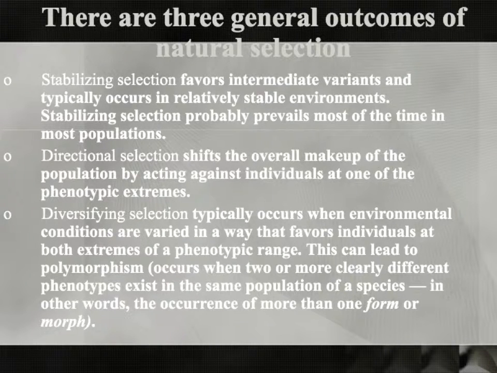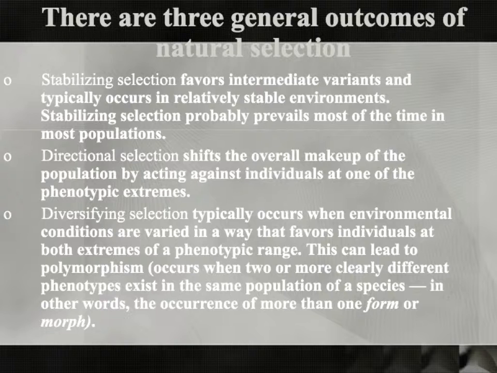Now, there are three general outcomes of natural selection. We have stabilizing selection. This favors intermediate variants and typically occurs in relatively stable environments. Stabilizing selection probably prevails most of the time in most populations. We have directional selection, and this shifts the overall makeup of the population by acting against individuals at one of the phenotypic extremes. We have diversifying selection, which typically occurs when environmental conditions are varied in a way that favors individuals